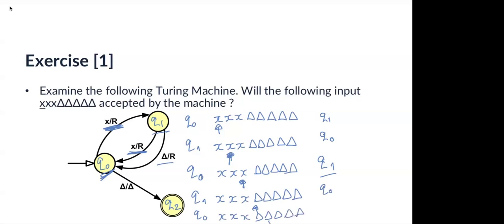So we are here now. And then in Q0, because we read delta, we will go to Q2 and it is accepted because it is a halting state. I said before that a halting state can be halting reject or halting accept. But in most cases, if it is not written HA or HR, then it means it is an accepting state. Because it is not written here, it is an accepting one.